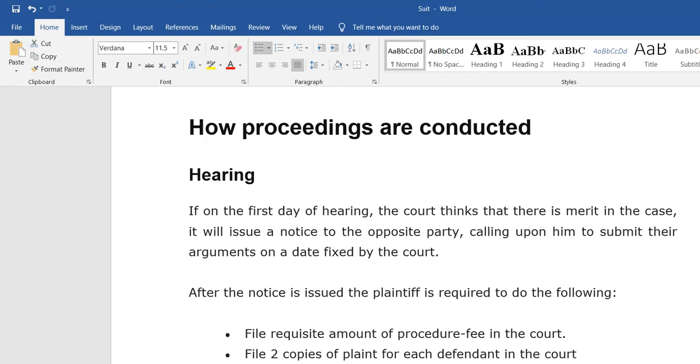So how are proceedings conducted? Before 2002, the plaintiff had to give the statement before the judge or magistrate: what the subjects are and how he has a problem with the defendant.